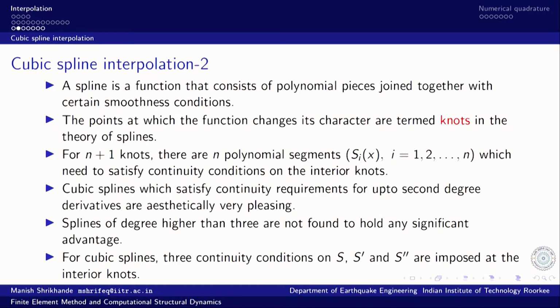we do not generally find any significant advantage as far as the interpolation or information regeneration goal is concerned. So, for cubic splines, we impose 3 continuity conditions on the spline segments: the function value itself, the first derivative and the second derivative, imposed at the interior knots, and